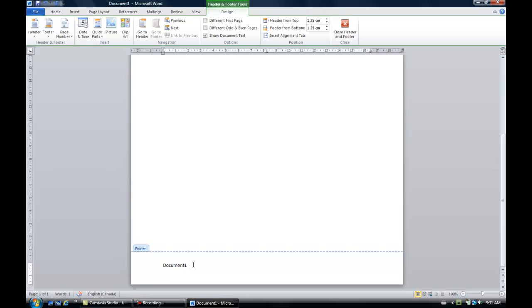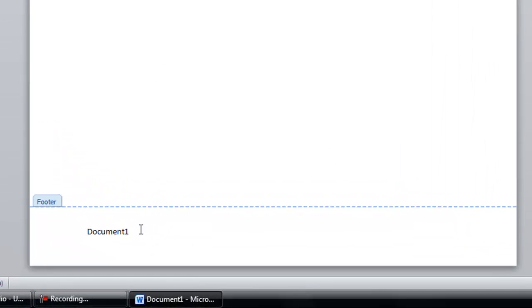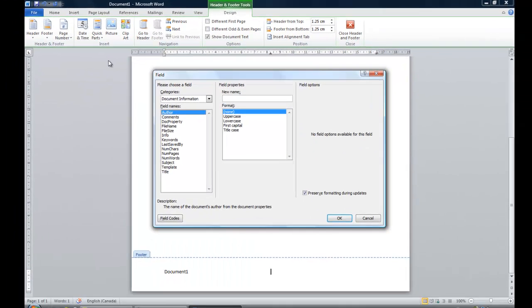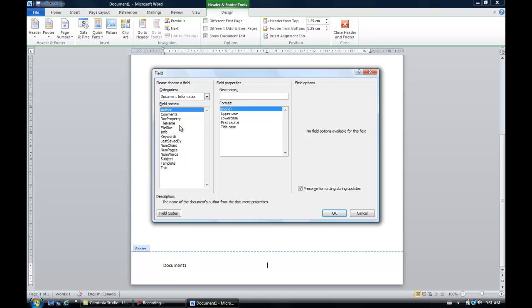Okay. I also might want to put in when I last printed it. So I'm just going to tab over here, and I'm going to put in date and time. Actually, you know what? That will just put in today's date. If again I want it to update every time I save or print it out, then I go again into quick parts, go into field, and basically this is like a database field. It's going to plug in a field there, and it's going to change that field every time you print out your document. So what I have to do is find out where it has,